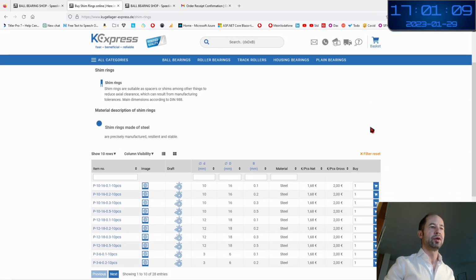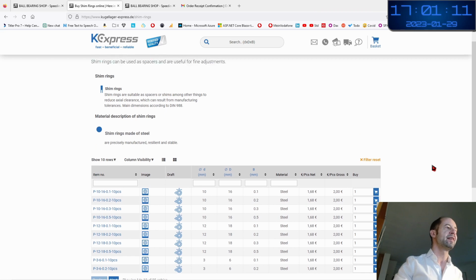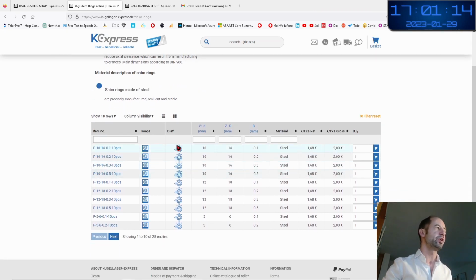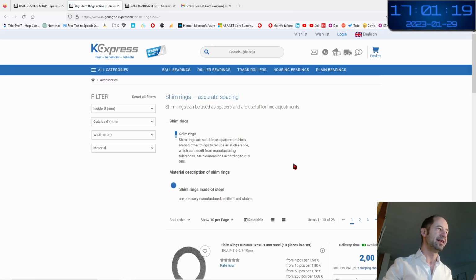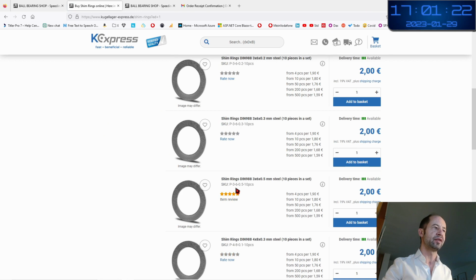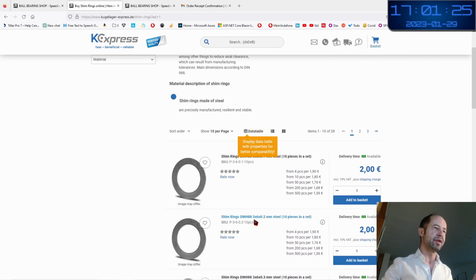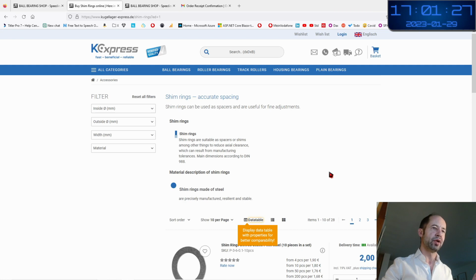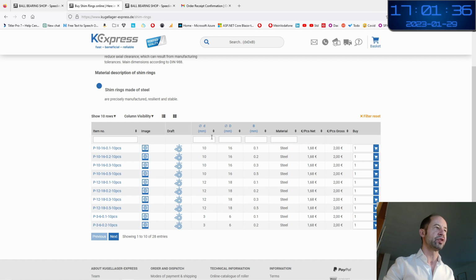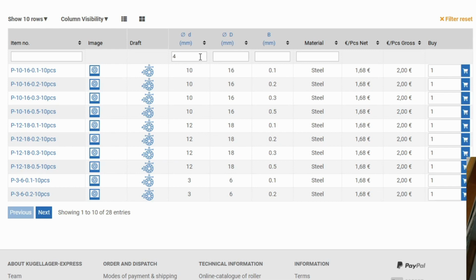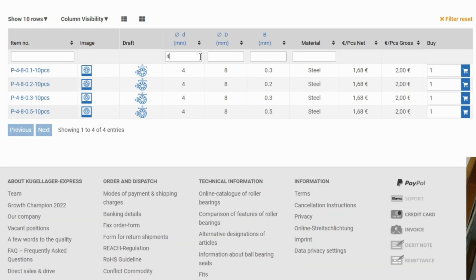Here. And here, what is very great about this website is that they have different views to search for your items. By default, I think you have a list like this. So you see there is different views. There is a list with a different diameter. But what I like, and I invite you to use, is a data table, because with this data table, you can search and filter very efficiently. For example, if I look for a shim where the internal diameter is 4 mm, I type 4 here, then press enter, and here I see the different choices.